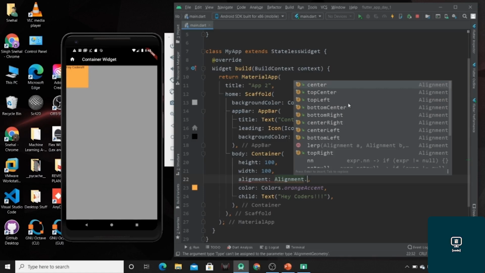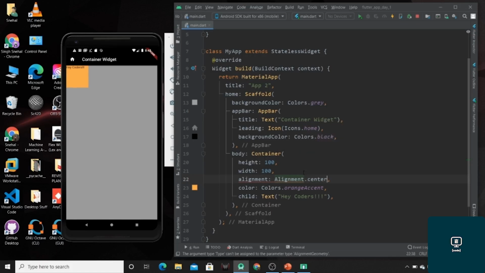So this is the position for our child widget, not the container widget. If I use center alignment, then my text will be at the center. So just hit Ctrl S. Now you can see that our text widget is aligned to the center of our container.